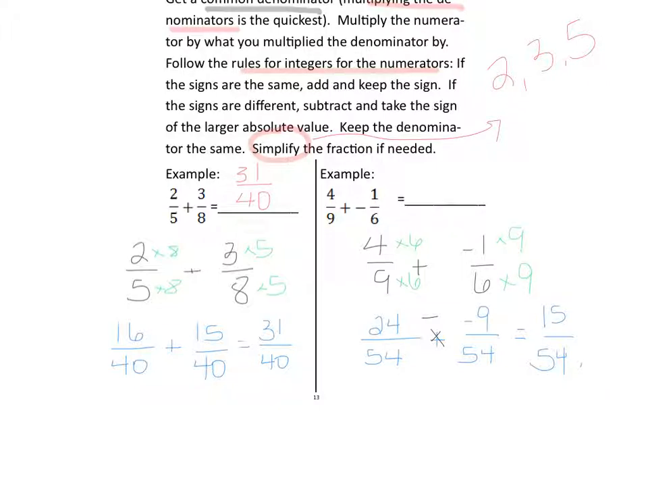Now, if we check, can we simplify by 2? We say, does 2 go into 15 and 54? Well, we know the answer is no because 2 doesn't go into 15. We say, does 5 go into 15 and 54? We know the answer is going to be no because 5 doesn't go into 54. But we can check 3, if it goes into 15 and 54